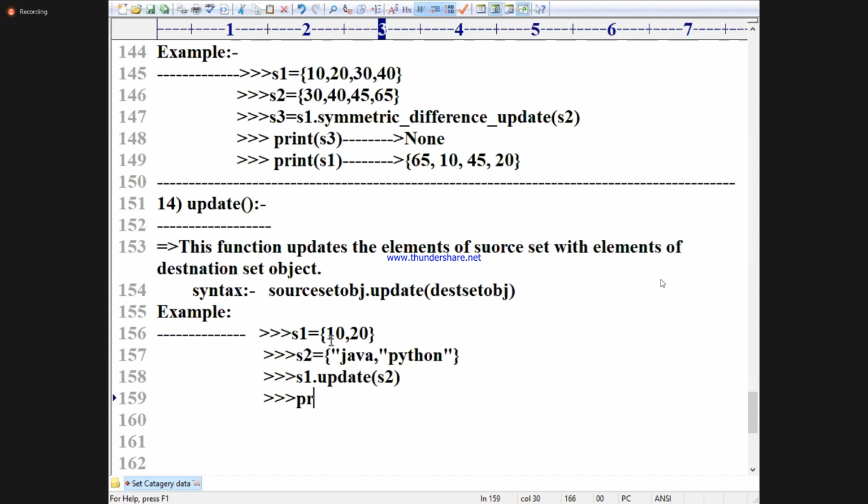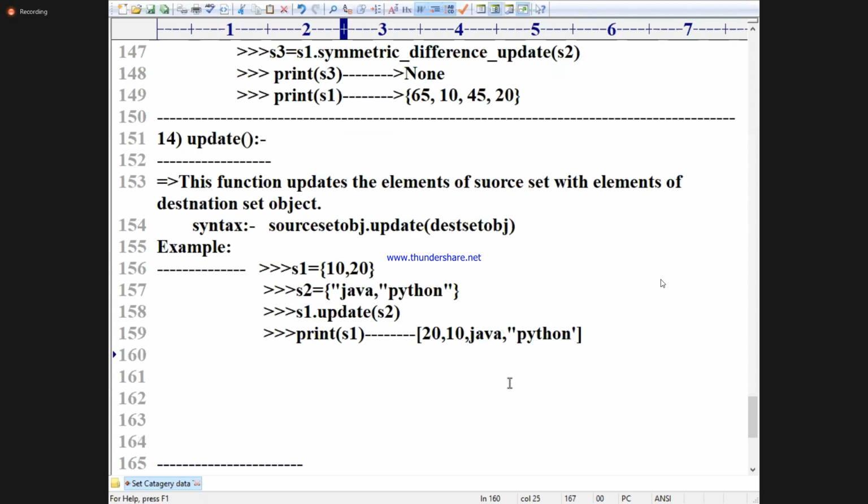Print S1. It is going to print in any order: 10, 20, Java, Python, some order. All elements are coming. And S2 is containing, as it is, the elements Java and Python.